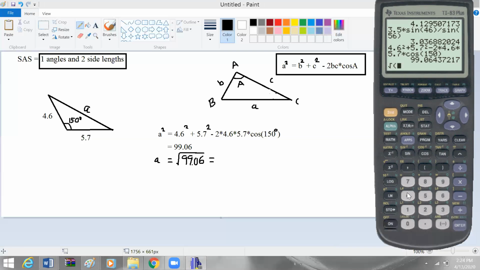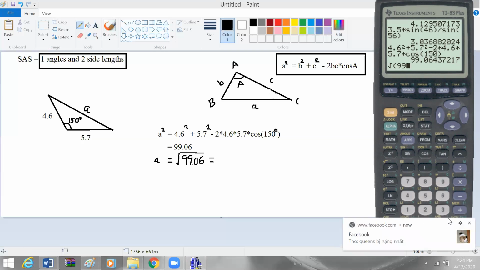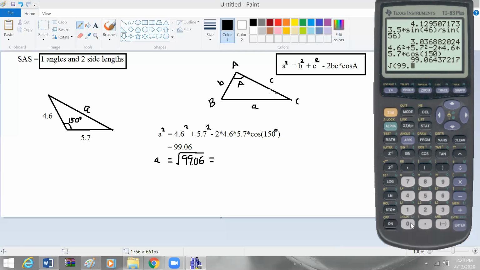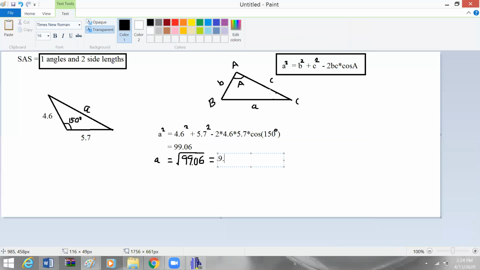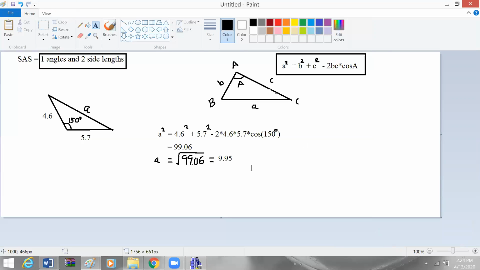We're going to hit second and x squared, and we're going to get 0.06. So the answer is just 9.95. So that'll be the final answer for this question. Okay, so this one will be 9.95, and that's pretty much a thing that we can do with any